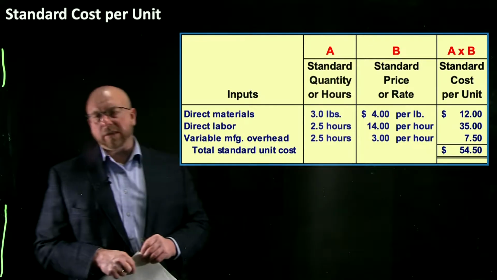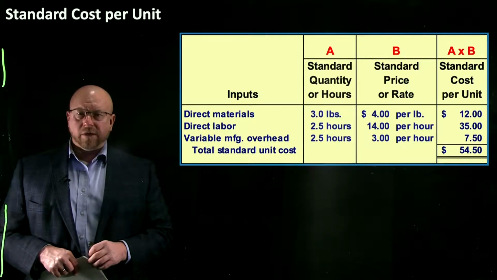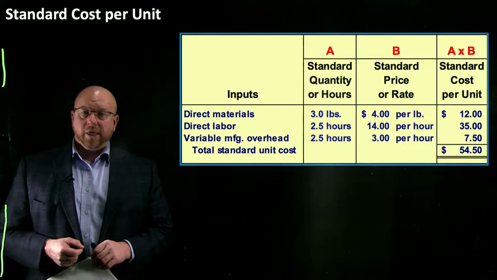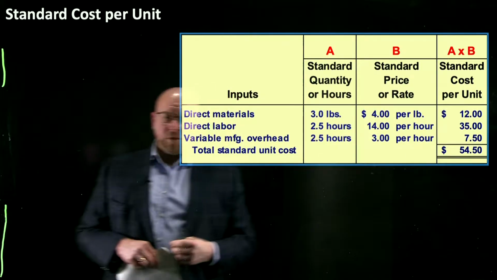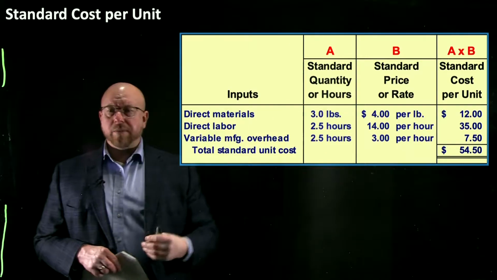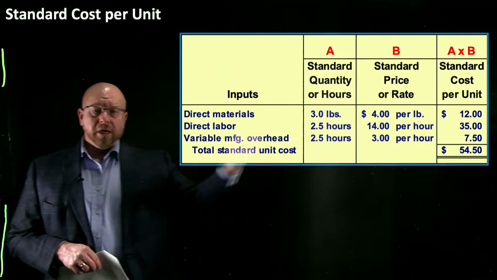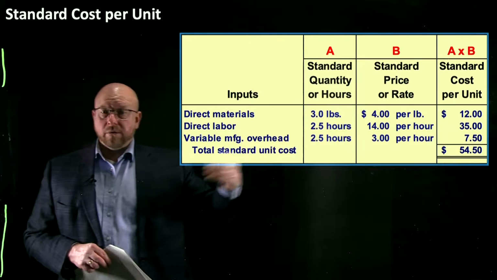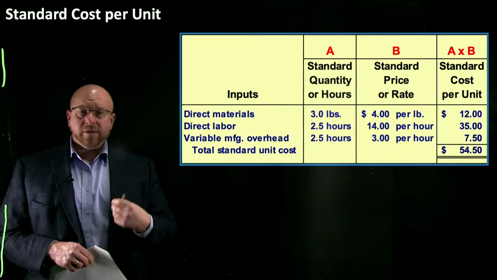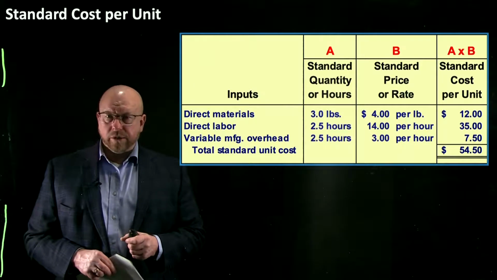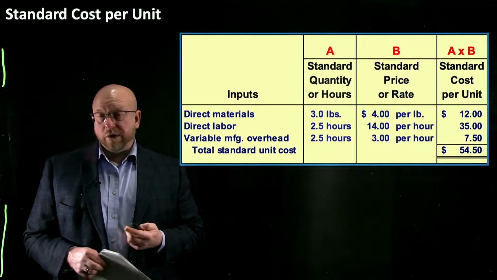Now, if that ends up being a different cost, let's say our unit cost actually ended up being $55. We have to start asking ourselves the question, why? Is it because we paid more than $4 per pound for the materials? Did we use more than 3 pounds of material? Did we incur labor that was greater than 2.5 hours? Maybe the labor rate was too high. These are the questions we're going to be able to answer when we look at these variances and do the